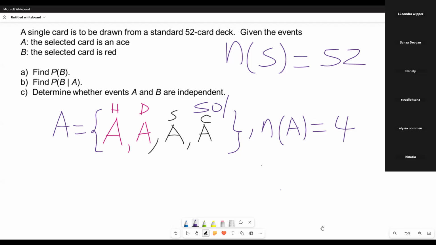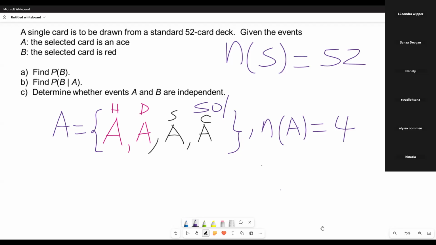Now, you know, a 52 card deck has 4 aces. You've got ace of diamond, ace of heart, both are red. You've got ace of spade and ace of club, both are black. So therefore, the number of outcomes in event A is 4. Now,